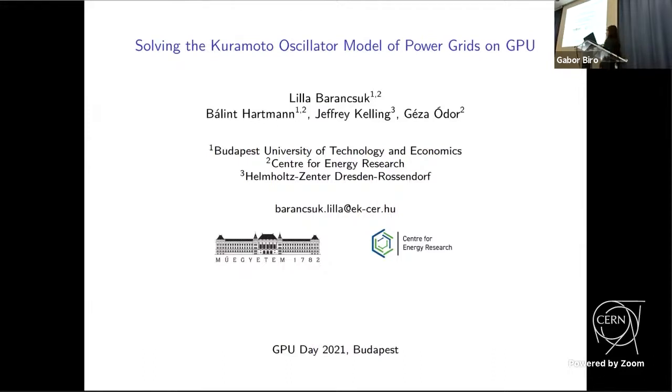So what we are interested in is how vulnerable power grids are, what are their stability measures, and how robust they are. And in order to investigate this, we implemented the Kuramoto oscillator model. Now you have to know that the Kuramoto oscillator model is a bit resource intensive. That's why we decided to introduce the GPUs into our project. Okay, so let's start with a quick recap